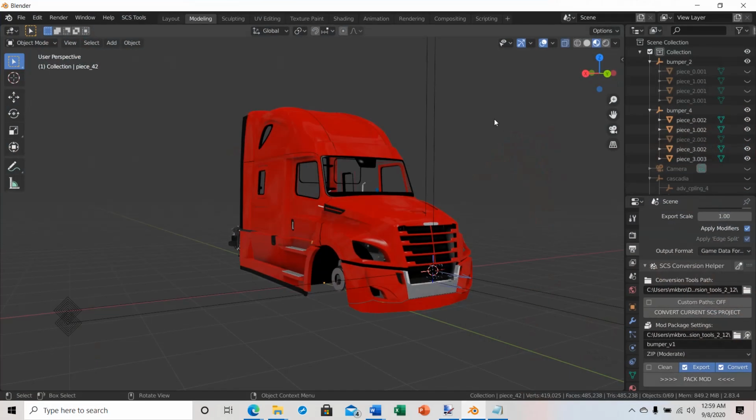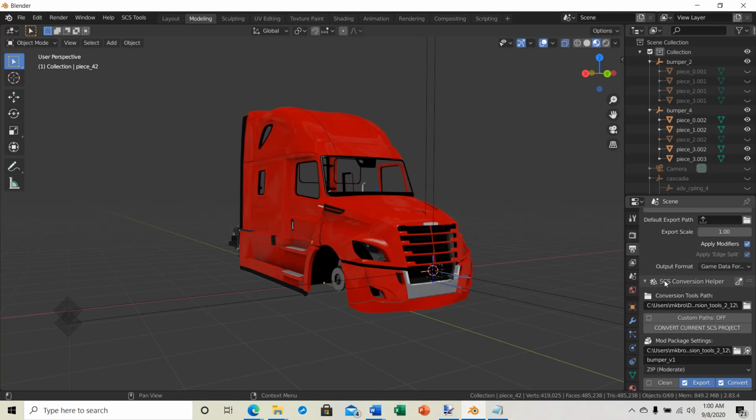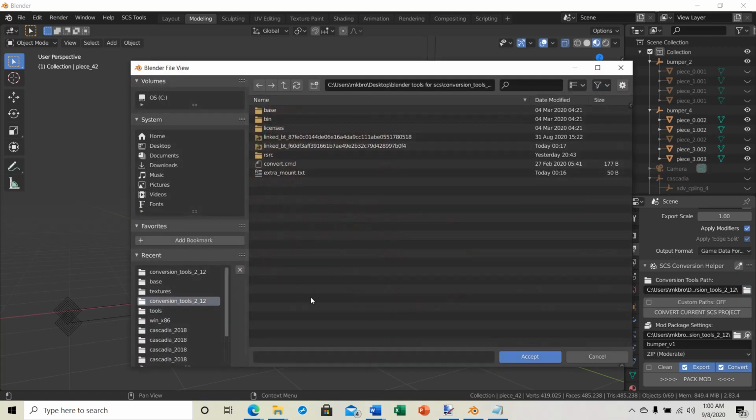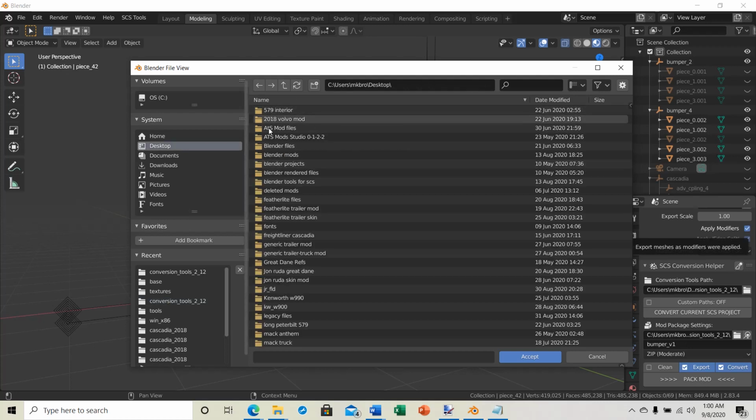The way you add that to Blender is over here. There's an icon that kind of looks like a printer printing out a picture. You want to click on it, and then about halfway down, maybe three-quarters of the way down, you'll see conversion tools path. The easiest way to import that is to click on the file folder, and in this case I'll go to my desktop and open Blender Tools for SCS,